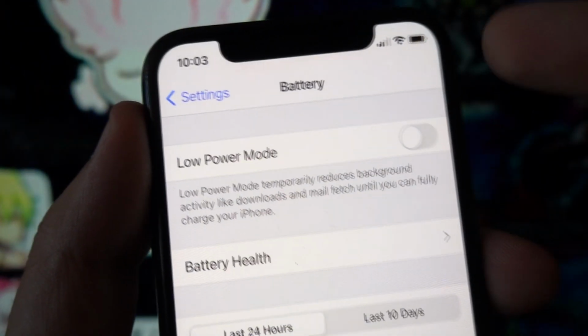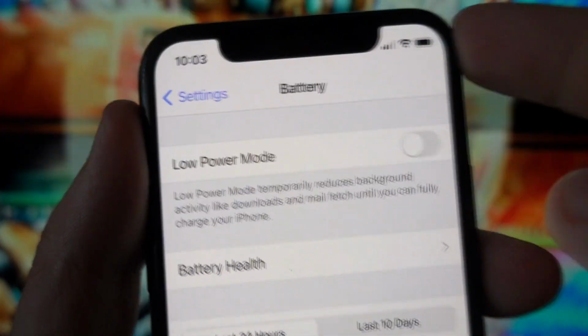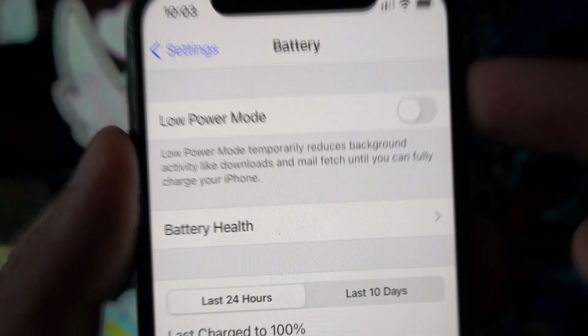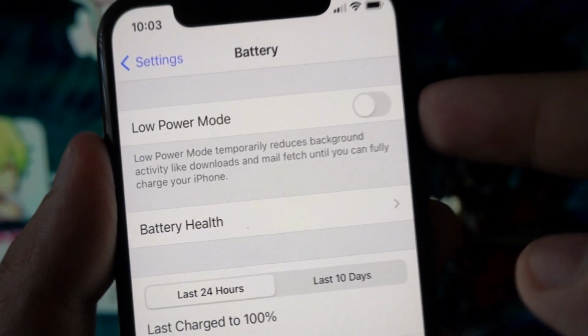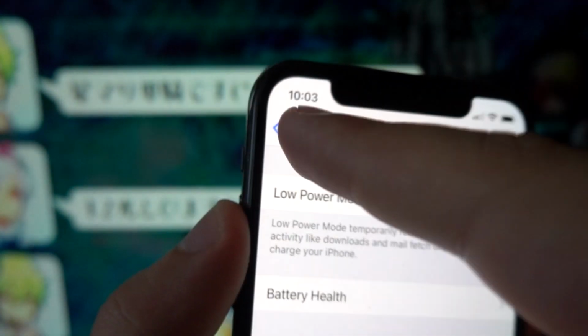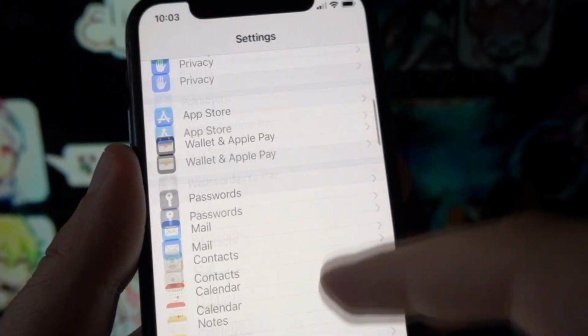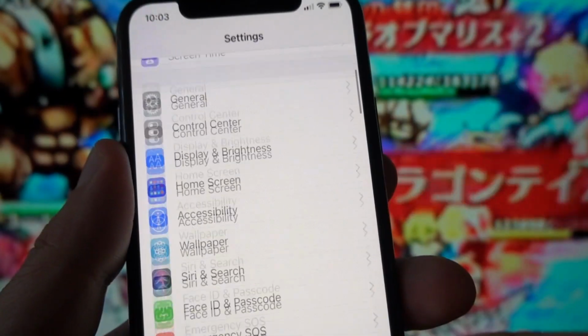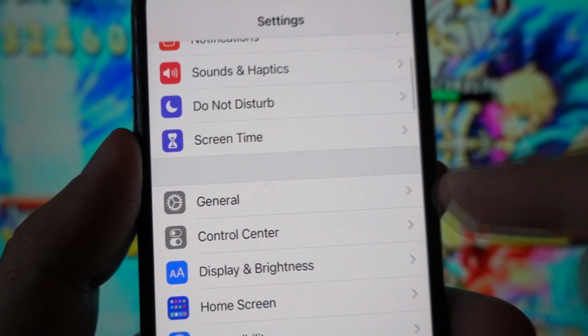Step number two is just for iOS devices, which we will be proceeding to after this one. So if your power saving modes are on, you should turn them off, because they should be off. Now step number one is for both Android and iOS devices. Step number two is for iOS devices exclusively, and that is that you have to go to your general settings